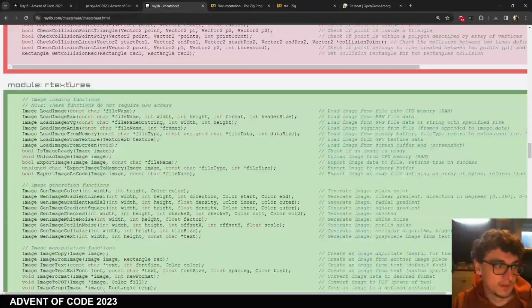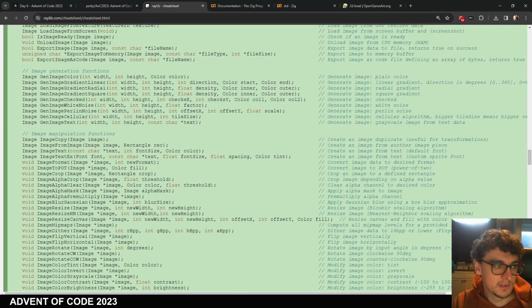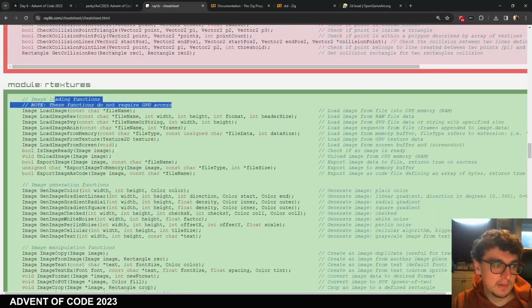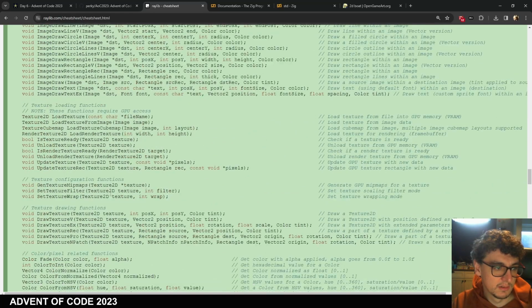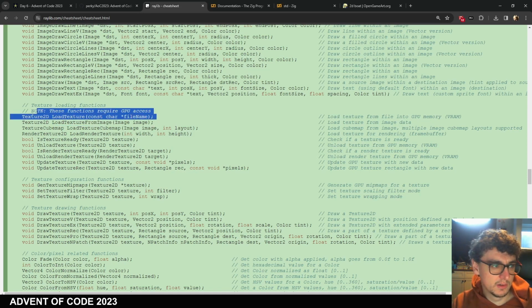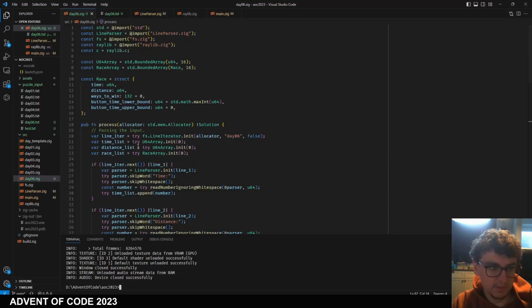So if we come down to our textures, these are our image loading functions. I believe we want to create a texture. These load textures into the GPU. So I believe we want this, right? So if I come into here,